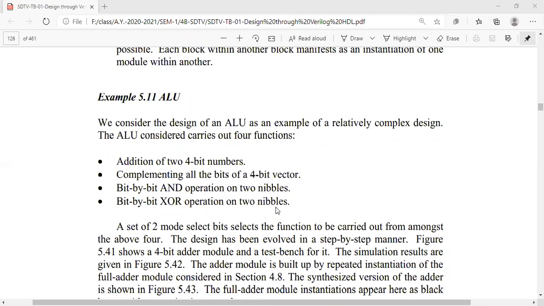The other one may be bit by bit AND operation of two nibbles, and bit by bit XOR operation of two nibbles. Likewise, we may have some addition, subtraction, multiplication, division. We may have different types of operations.